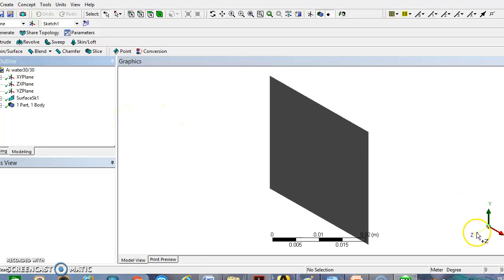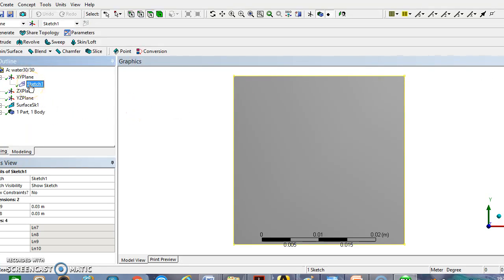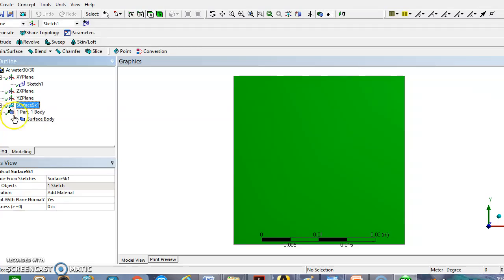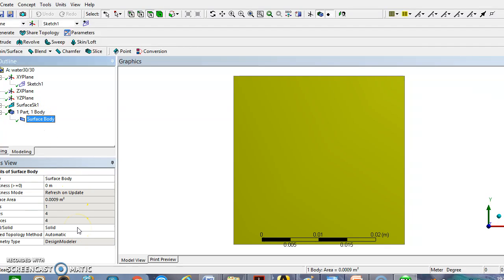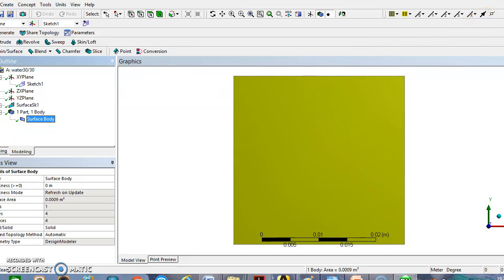Okay. So now here we have done the symmetric model. Okay, this is just the half of the total diameter of your casting. Right. So here you just click on the sketch and here you can see what is the dimension. So the dimension is 0.03 meters. That is 30 mm is the width of this and 30 mm is the height of this. Okay. So that's all here, and no need to do any other operation here. So you can just leave it as solid, or you can also change it to fluid here. Okay, and click when you click here on the part and body. Okay. So then you can close this.